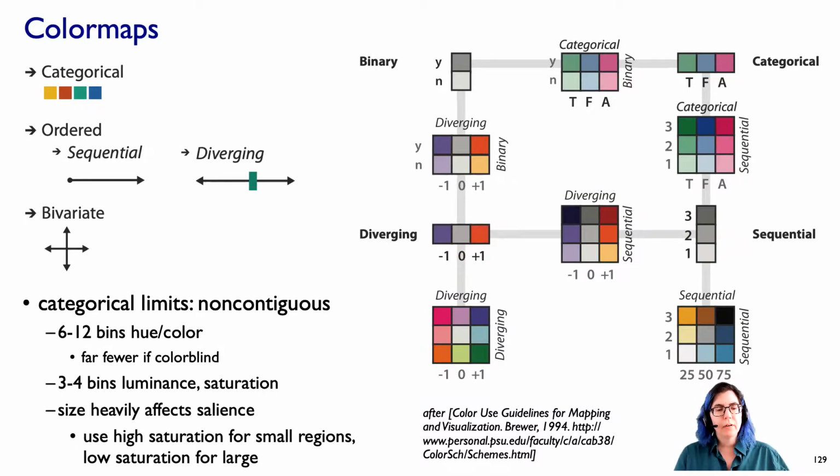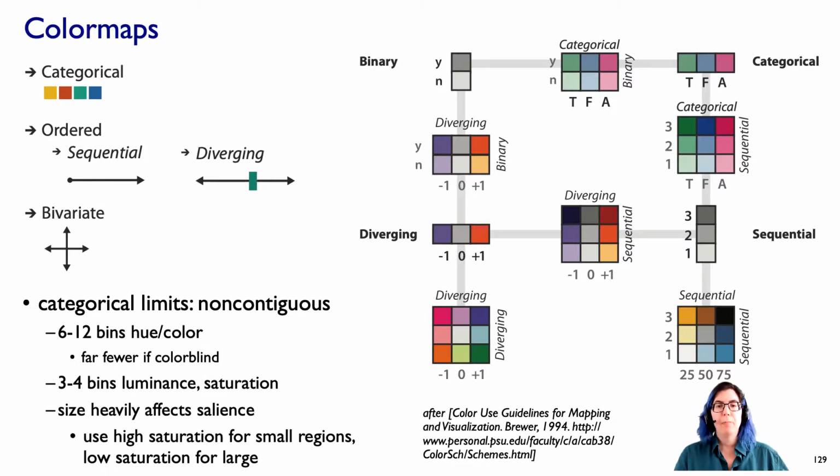So think with categorical color, 6 to 12 bins, and that's if people have normal color vision. We don't have time to get into color blindness in this tutorial, but it's a major, major topic affecting 8% of men. What about luminance and saturation? It's probably safe to think about maybe 3 or 4 bins max, because again, if there are non-contiguous separated regions, you really don't have that many